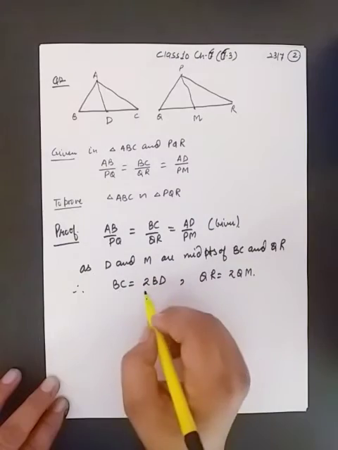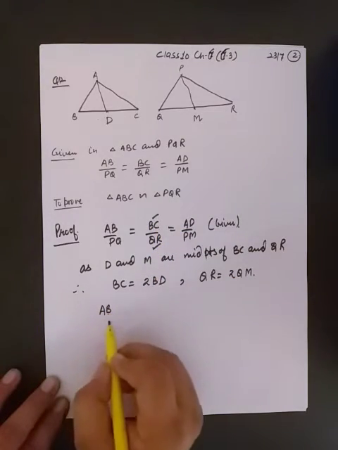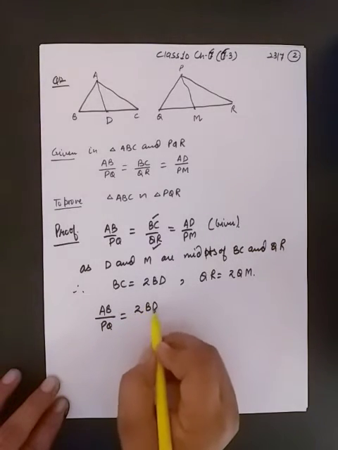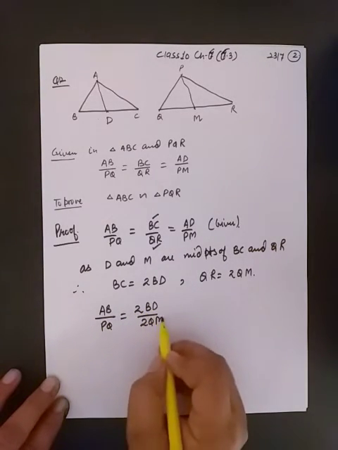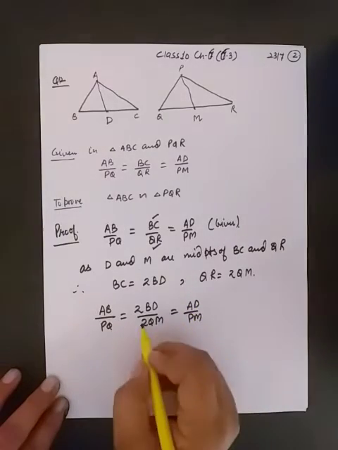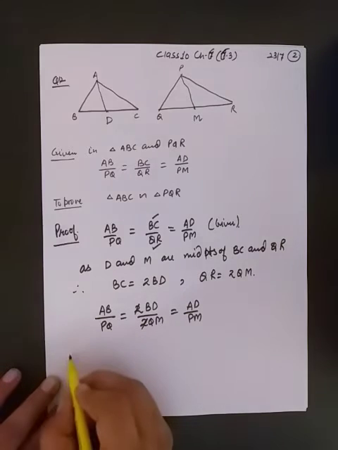So it means we can replace BC and QR. So we get AB by PQ is equal to double of BD by double of QM is equal to AD by PM. Now 2 is cancelled with 2, and you see that therefore